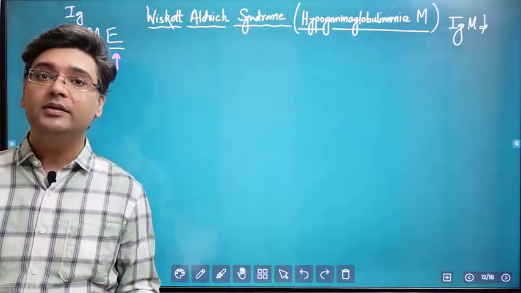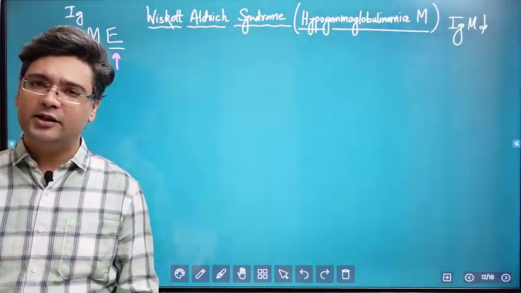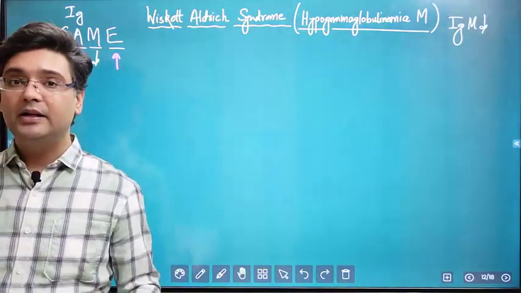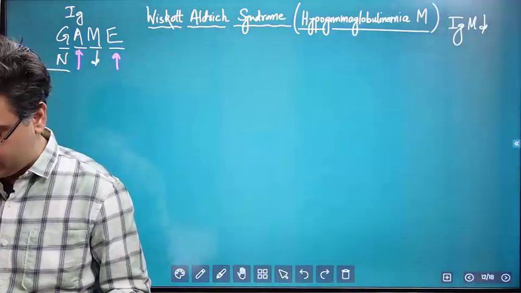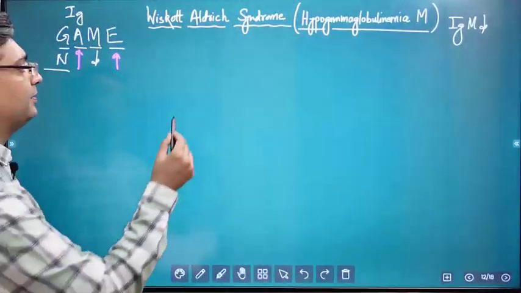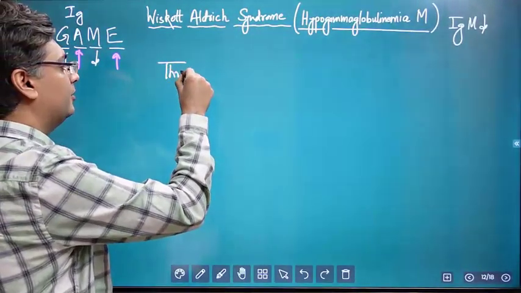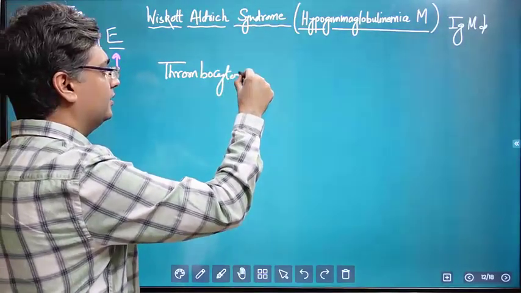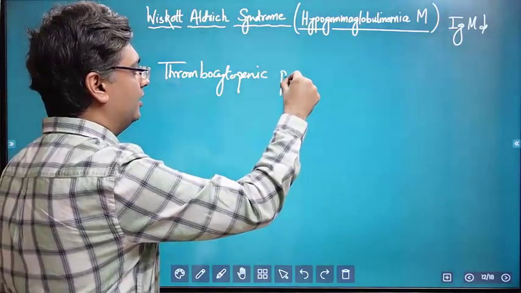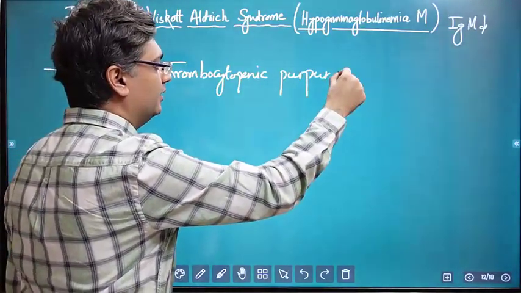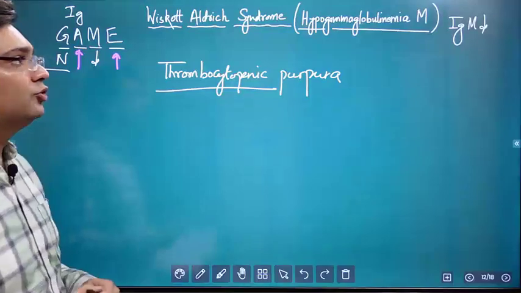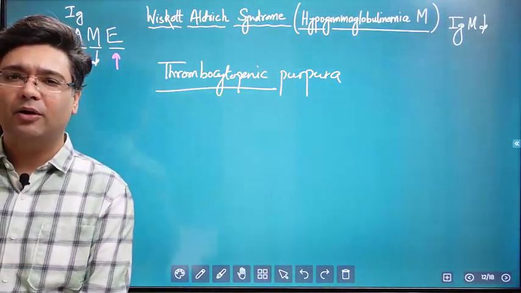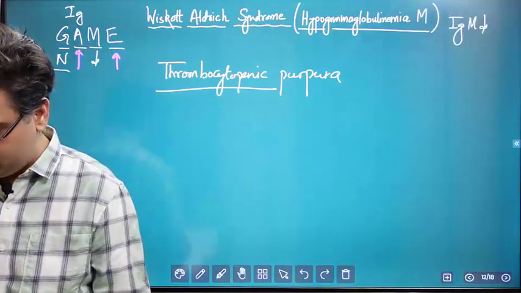Now the question arises, how is it associated with platelets? Because we are discussing platelet disorders. This is also characterized by thrombocytopenic purpura, because again here the platelets are being destroyed along with the lesser quantity of IgM, and this purpura